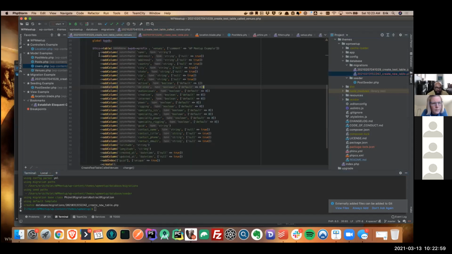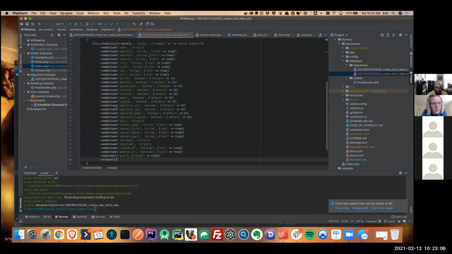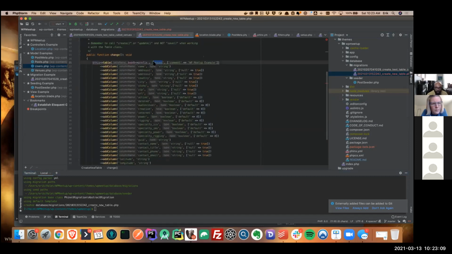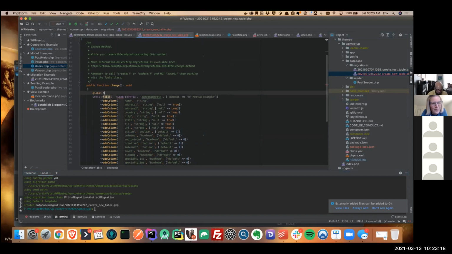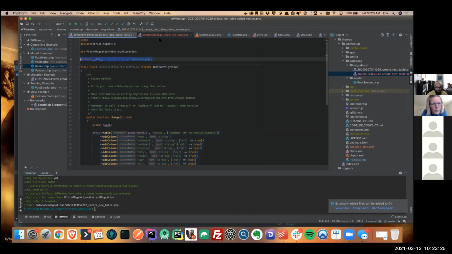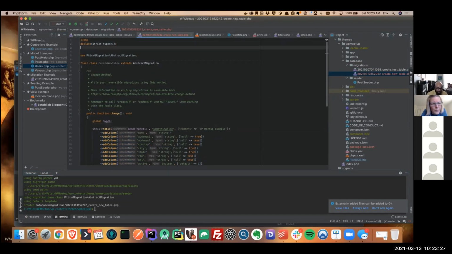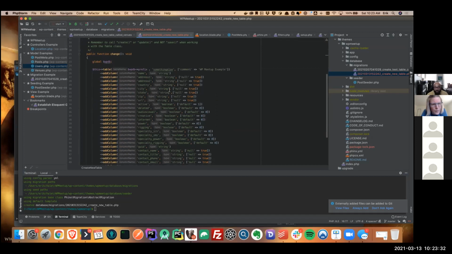Just for argument's sake, I'm going to take everything that was right here, so as not to retype a whole bunch of stuff. And I'm just going to change the name of the table. We're going to call it something else. And I definitely need this or it will fail. And I need that. Okay. So now what this will do is create a table called something else.